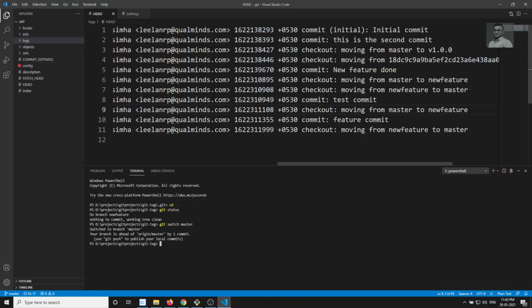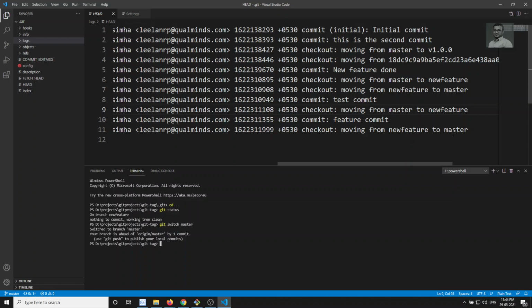Like this, every activity you do in this repository will be recorded. Whenever you move from one branch to another, or make a commit, everything will be stored in this reflog. You can estimate that this file will become huge and huge. For that reason, it will not be shared to the remote repository, and it stays on the local machine only. Every 90 days this log will be cleared out, expired. So 90 days old data will be deleted, which means you will have only 90 days of data. This is the thing you need to remember.